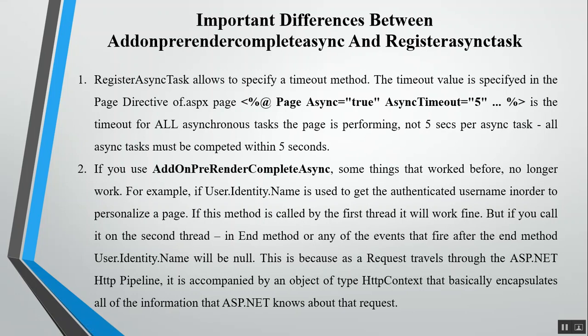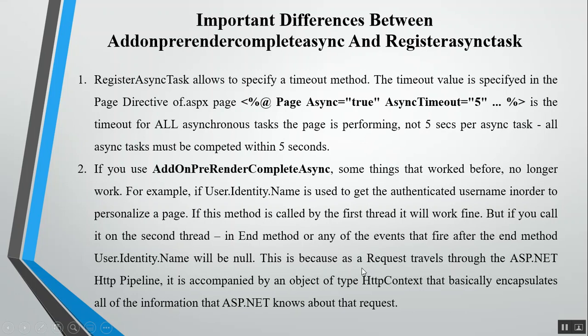The second difference is how context is passed from one thread to another thread. Here our page cycle is divided into two separate threads. To pass data between these two threads, we can use the HttpContext class object, but in the case of AddOnPreRenderCompleteAsync, this will not work.